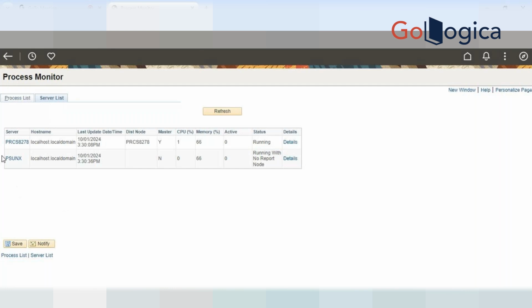As you can see, now there are two process schedulers. One is PSUNX, which we have created, and one was already there. Now, if you see the status, it says running with no report node. So what this means is,